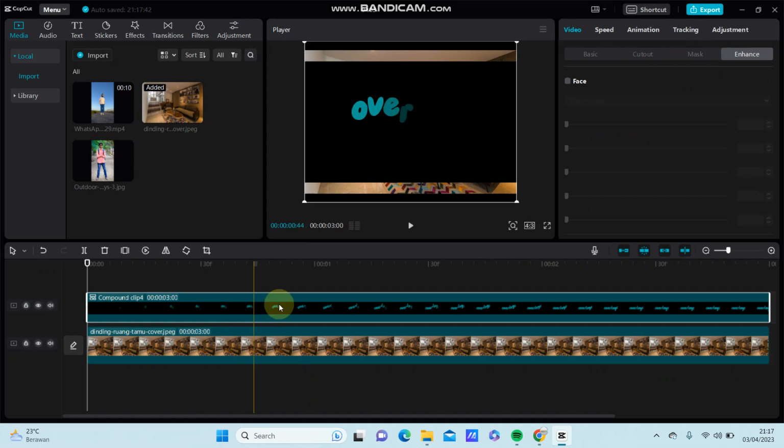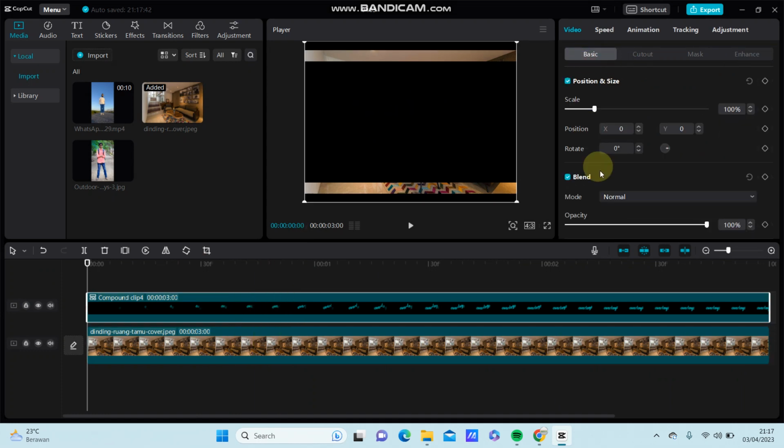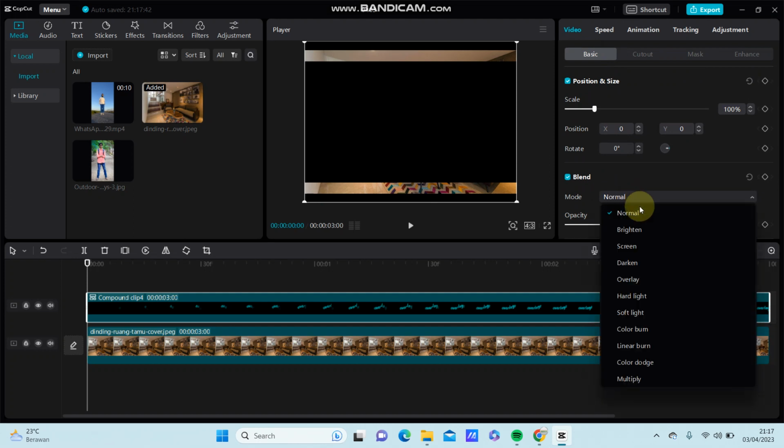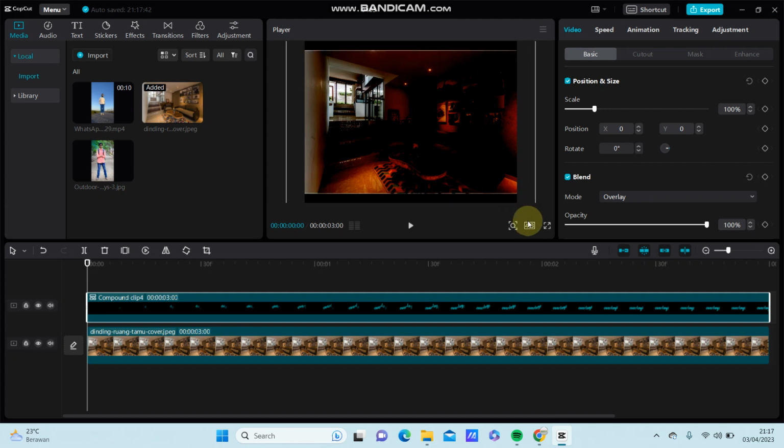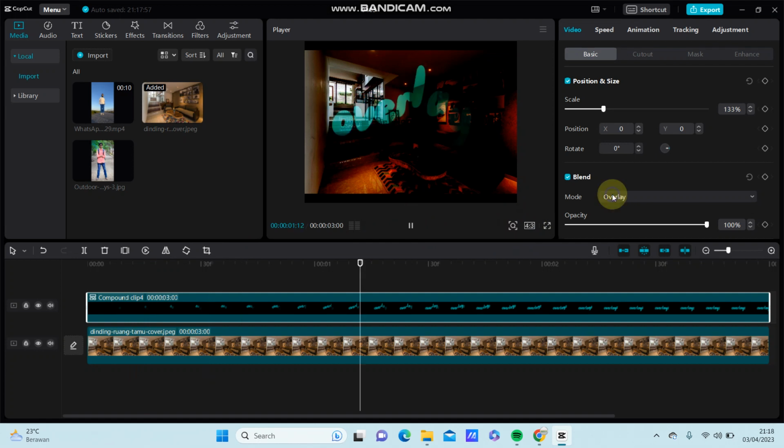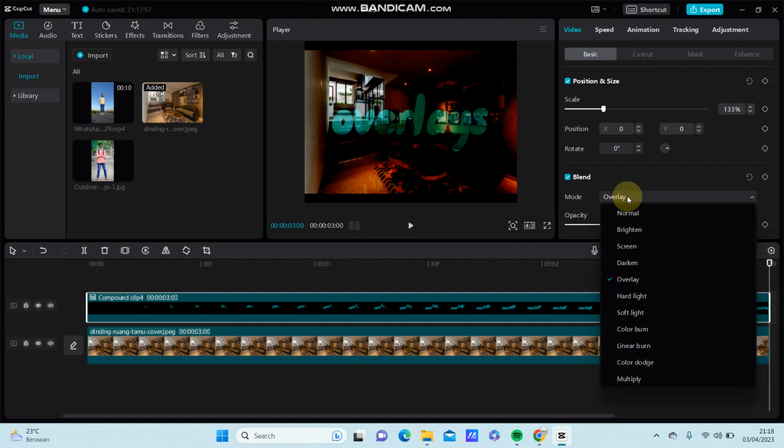So this is the text overlay. You are just going to go to basic and select mode overlay. Select the overlay. See the final result. You can also add another mode overlay,